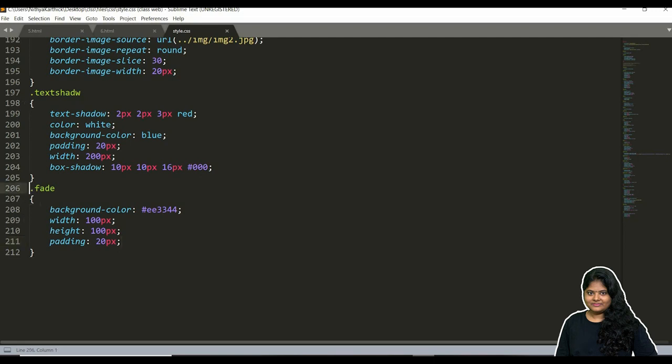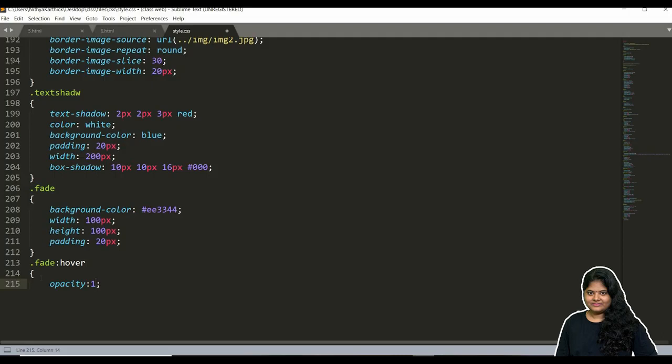For that, when I hover over the div, the opacity should be full opacity. So this is fade in.